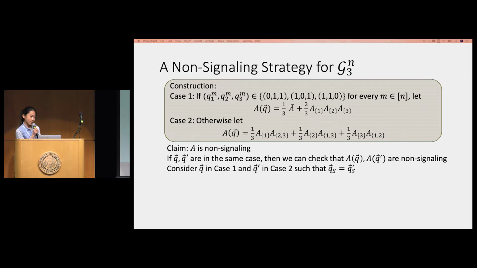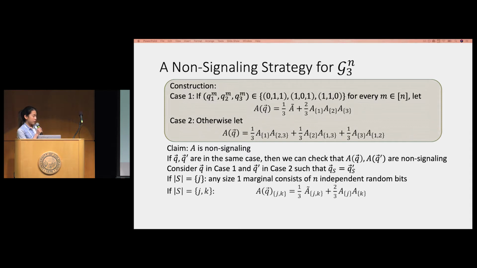The interesting case is when one query, say Q, falls in case 1, and the second query falls in case 2. Now, if the size of their intersection is 1, so let's say that the jth player is receiving the same n queries, then note that any size 1 marginal here actually just consists of n independent random bits. So the non-signaling constraint will hold. Now, if the size of their intersection is 2, so if the jth and kth players are receiving the same n queries, then we can check that